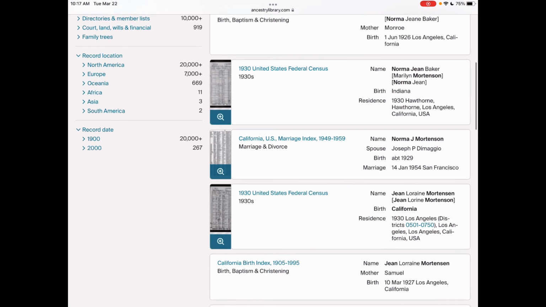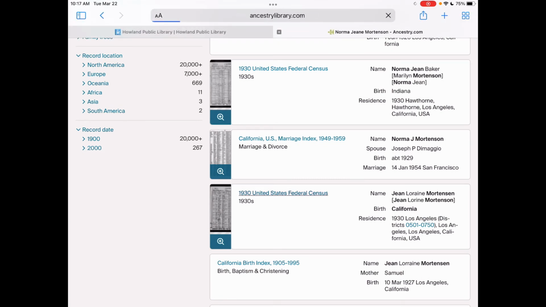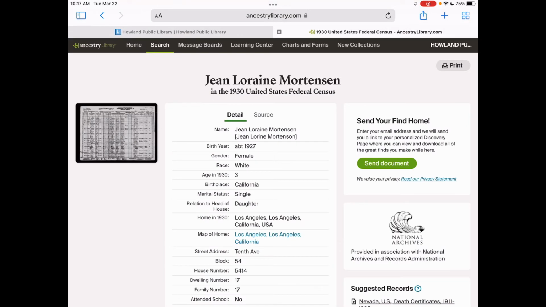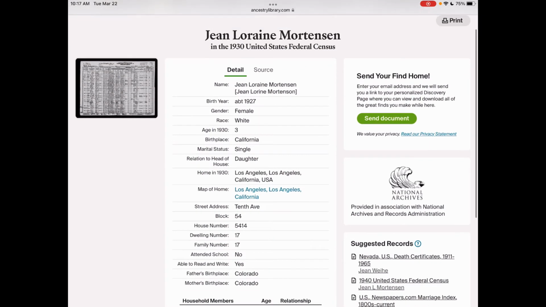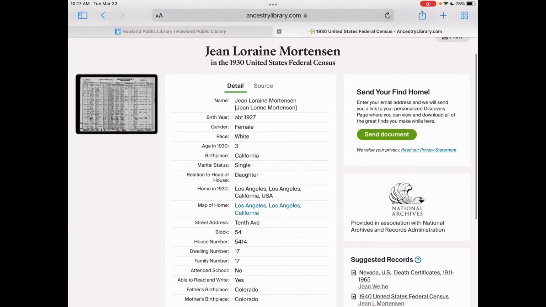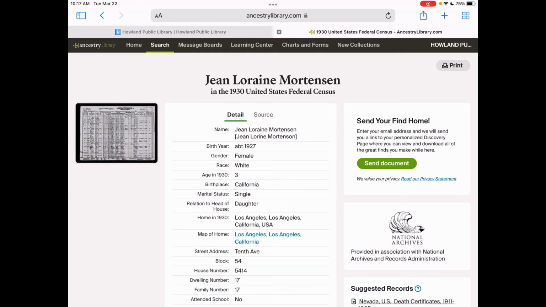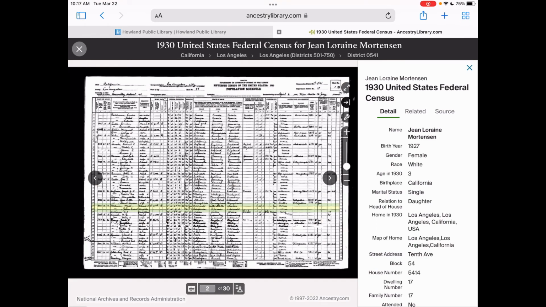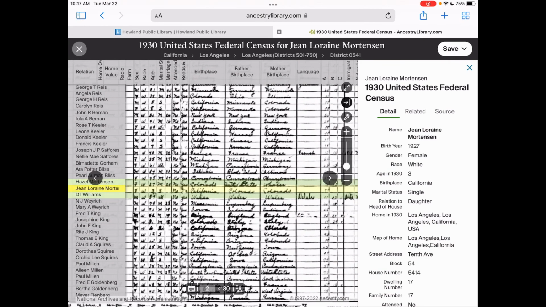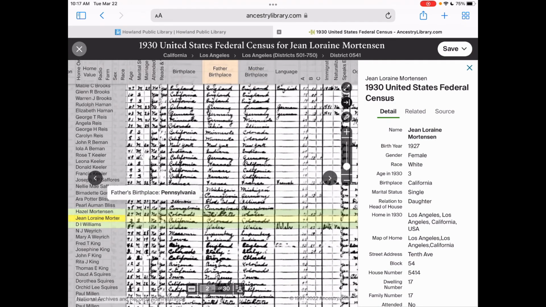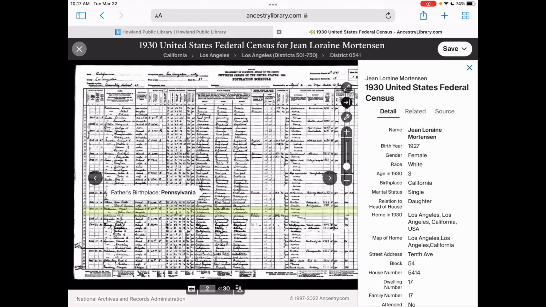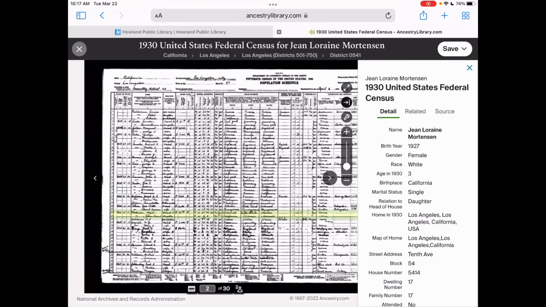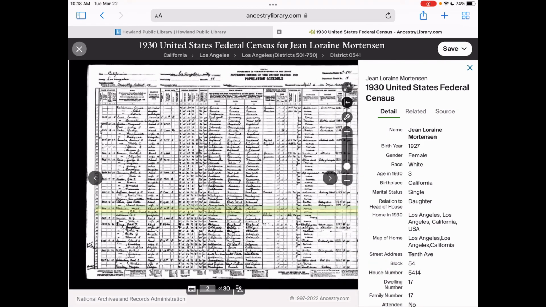So let's see, I have the 1930 United States Federal Census, so that appeals to me, so I'm going to click into it. So once I've chosen a record, I get all the printed information on this side, and then I have the actual physical record on the left-hand side. So I get a kind of interactive version of the record. So I can see that the person that I was looking for, her name is highlighted, so it draws my eye to it. You can zoom in, you can zoom out, click and grab and look at different parts of the record, fit the document to your screen,